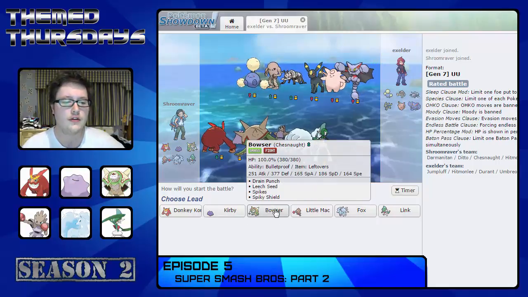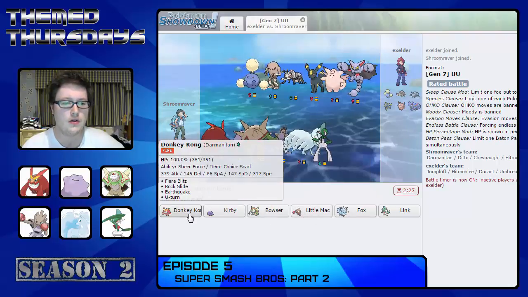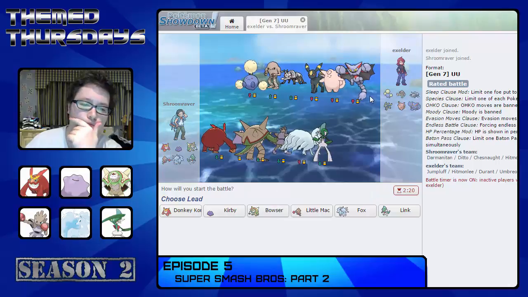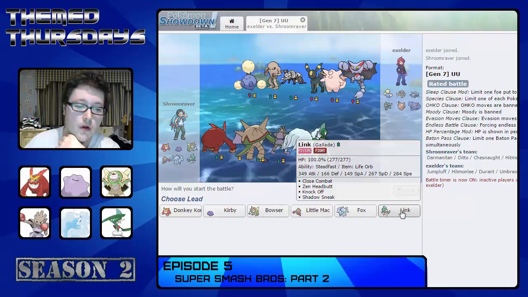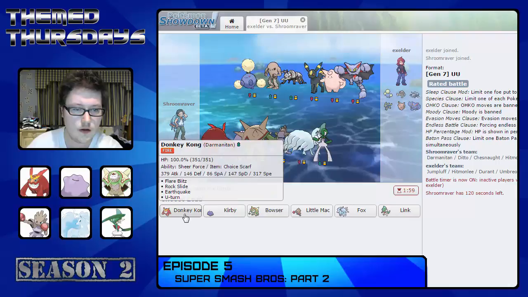I could try and get Spikes up early. A lot of things are threatened by it. But I could also just go with Darm. What's he going to lead with? It could well be the Gliscor. Hitmonchan is a fairly useful matchup. A little Ninetales also, unless... Actually, a little Ninetales can do some work here. But I think...